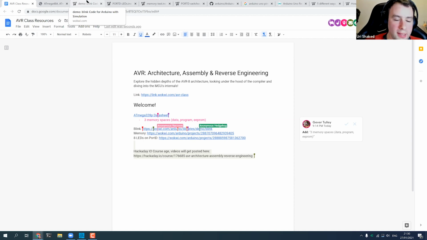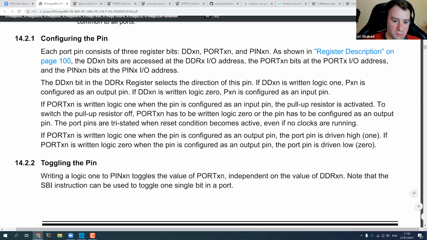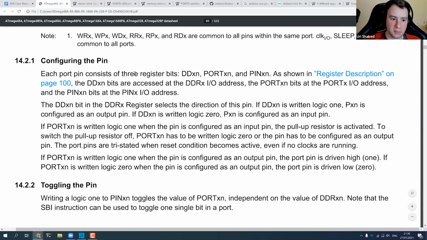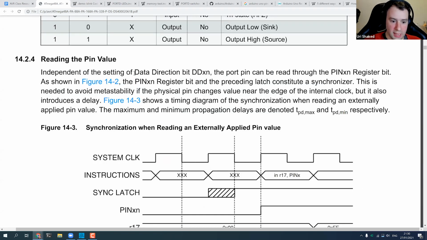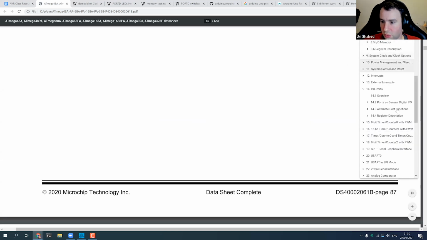Okay. And one more fun experiment. So we worked with the output pins, and that's when we set DDR to 1. We know we set a pin to output, but we can also set it to input. And let's go back to the section about the registers.